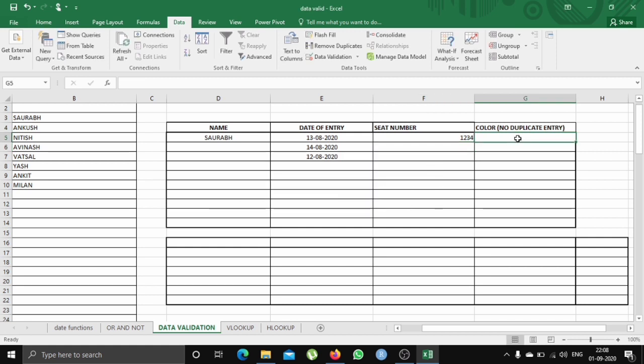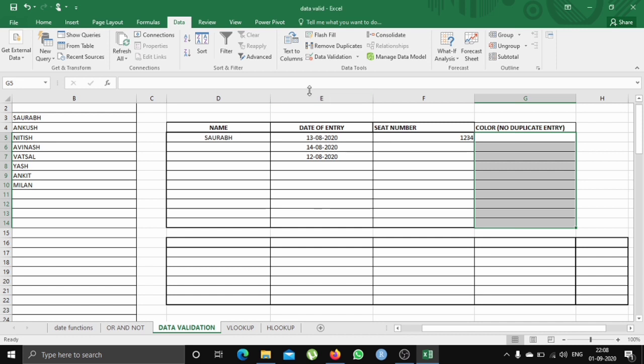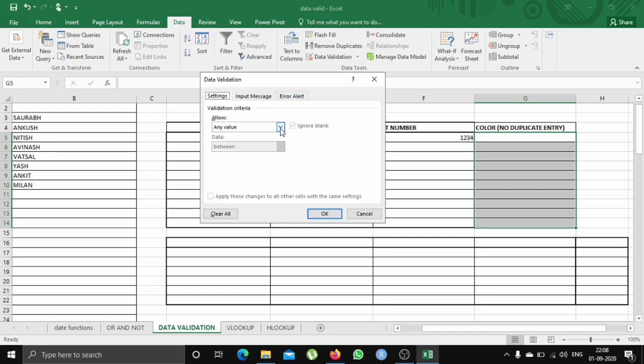Now let's proceed ahead to no duplicate entries. Suppose in this particular column we don't want any duplicate colors to be entered. So again the same process: select the entire column, go into data validation. We'll be doing this using the COUNTIF function, on which I have made a video, and you can go and see that. For this we'll go into Custom again.